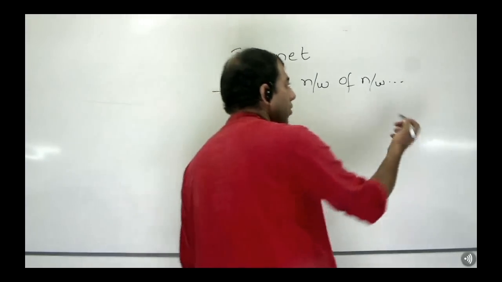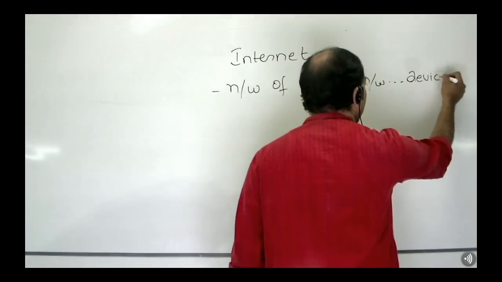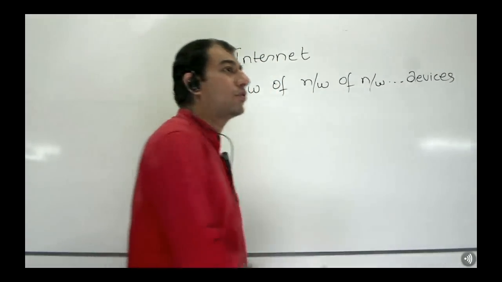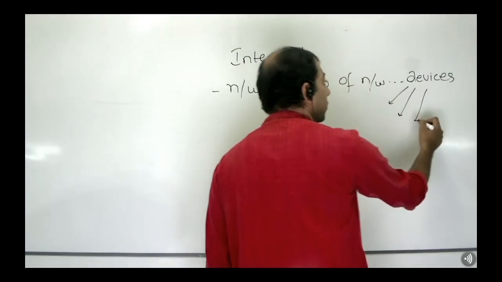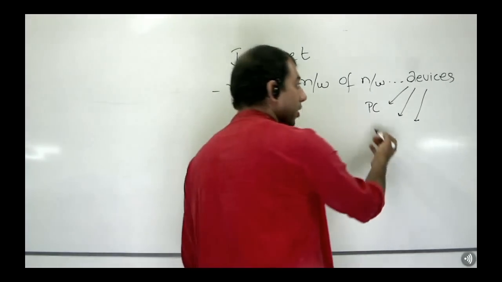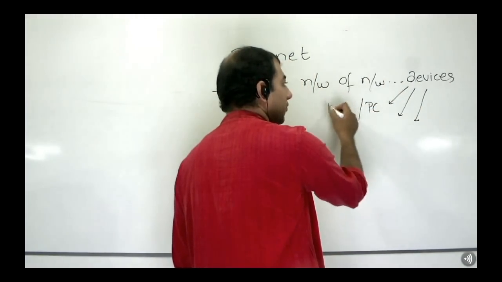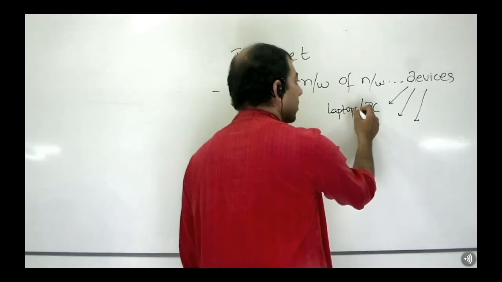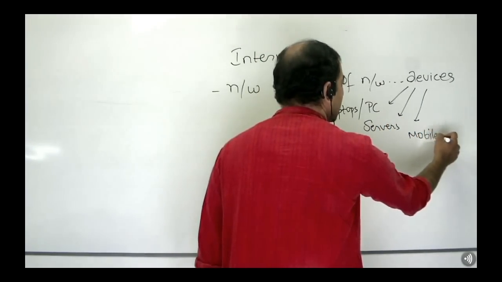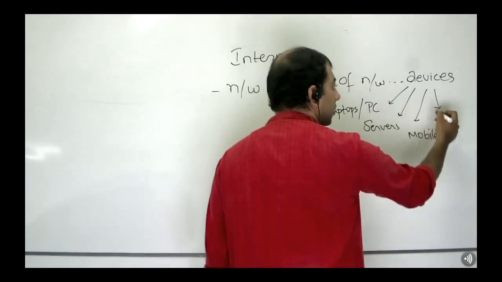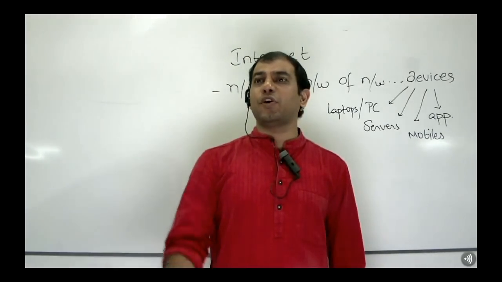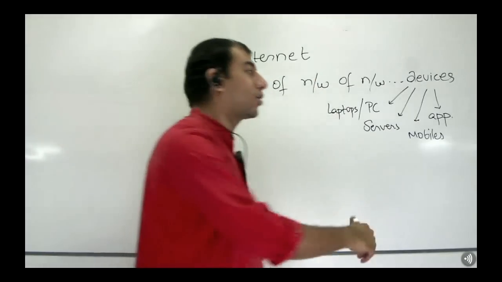All you can say is, you don't want to say computers, because not only computers are connected to the internet today, there are all myriad set of devices. Name me some of the different types of devices that are connected to the internet. Obviously you have your PCs, personal computers, you have your laptops and whatnot, other types of systems as we call them, and then what else? You have your servers, you have your mobiles, what else? Appliances, very good. Appliances, like you have many of these fridges and then microwaves, etc. connected to the internet, isn't it?